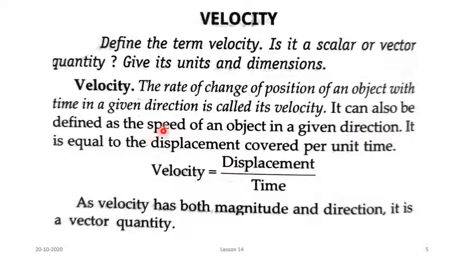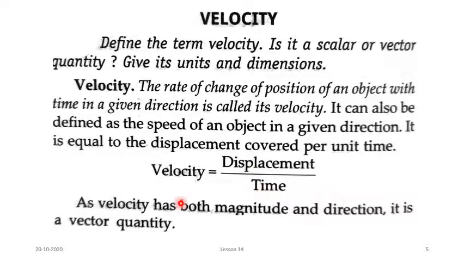We can use the speed of the object to define the velocity, but we also have to mention its direction. It is equal to the displacement covered per unit time. What was your displacement? Displacement was your shortest distance between your initial and the final position